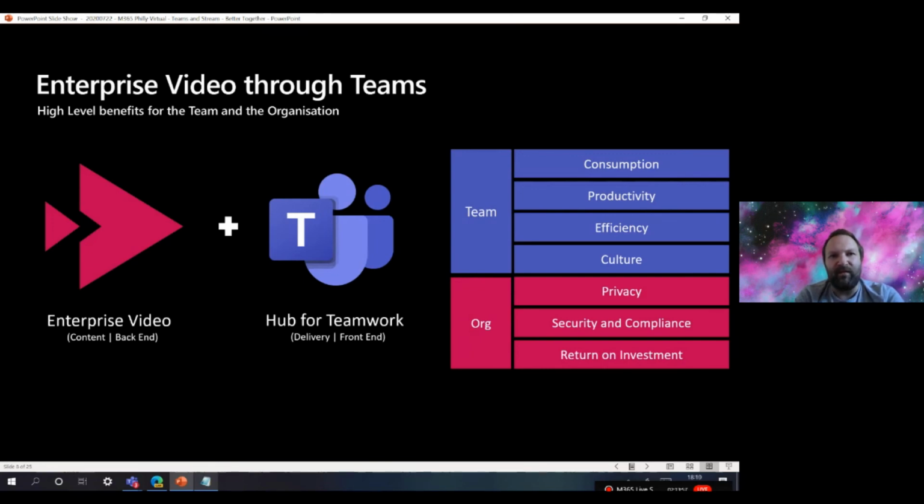Thirdly, in terms of efficiency, it goes back to that point of not having to move out of your stream of work, out of your stream of thinking, into a different browser session or a different application. By bringing them together, you are making things a lot more efficient. If we can do things quicker, we can free up time to concentrate on other tasks. We don't want our users spending a lot of time navigating between different applications several times a day.